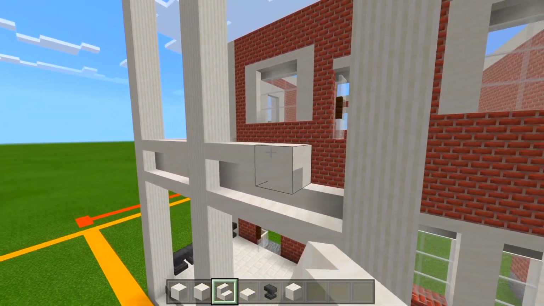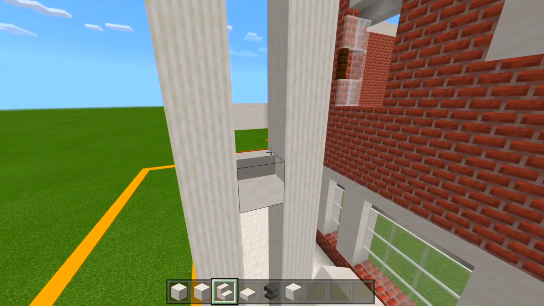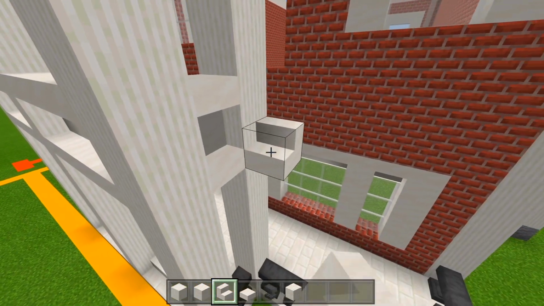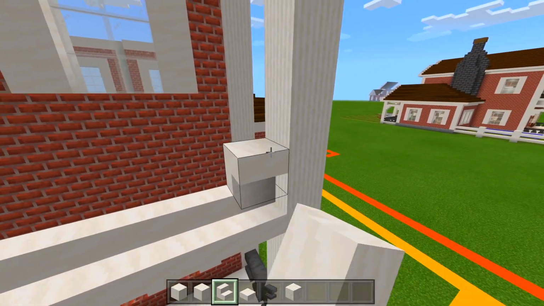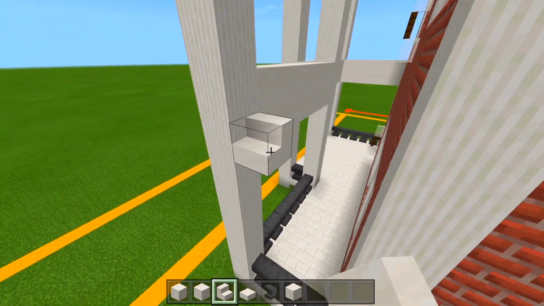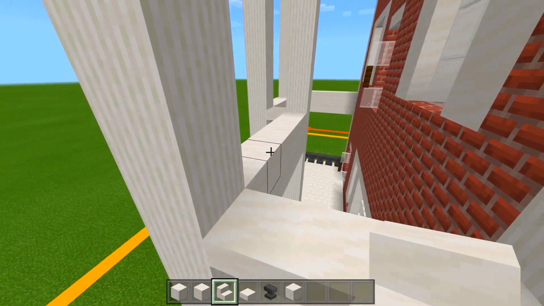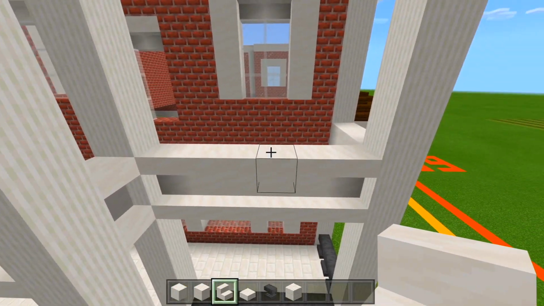So we have the 2 spaces of 4 right here. We have this space of 1. Then the space of 6. And then the space of 3. And now on the upper layer, so lined up with the upside down stairs, we're going to fill all of